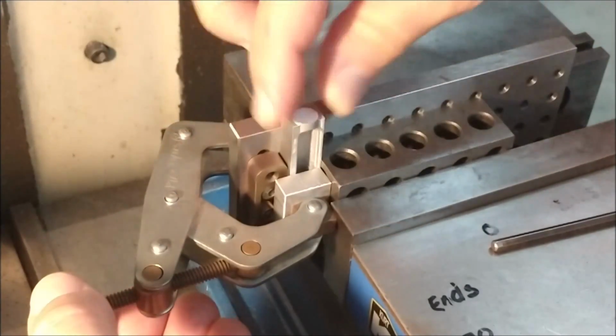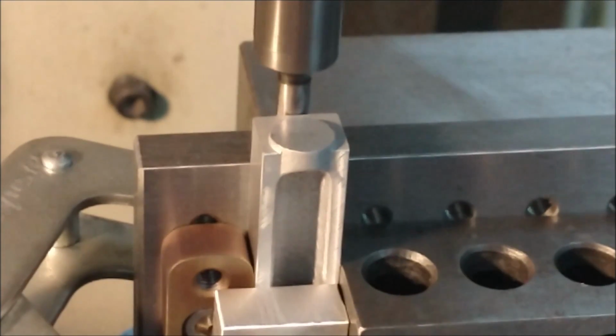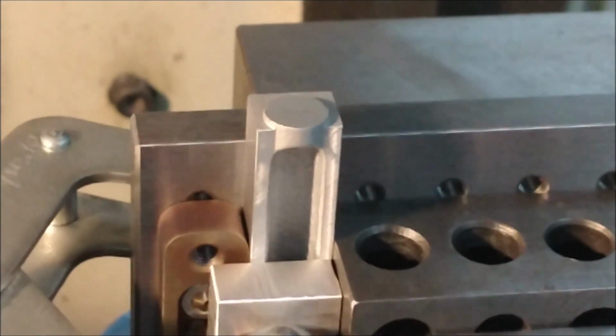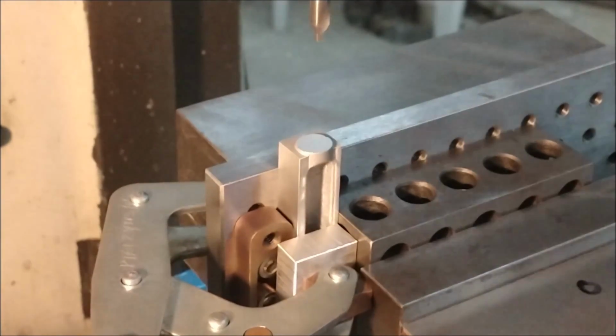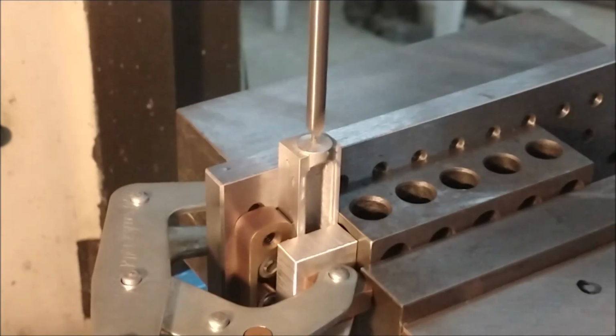Clamp the part in securely so it doesn't wiggle back and forth. Pick up the back side edge. As soon as it kicks out, dial into the required dimension and lock everything down. The table is now exactly where it needs to be for the features going in from each end of this